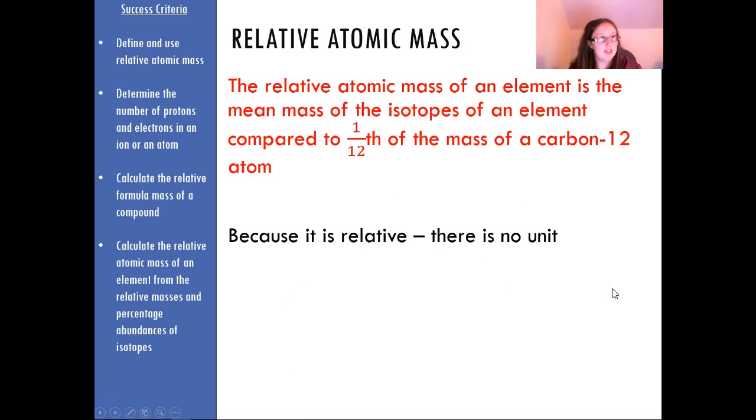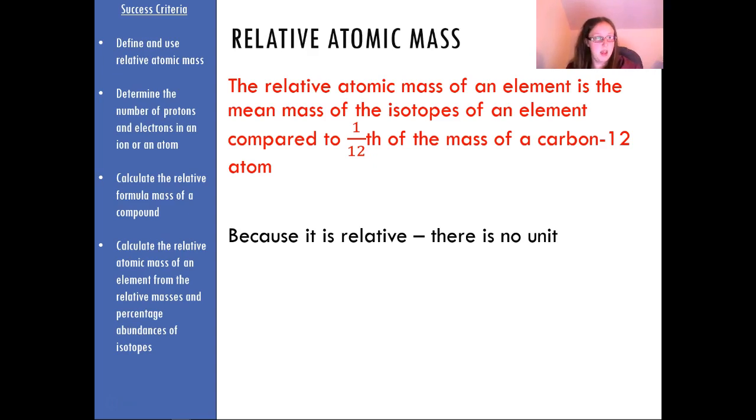Okay, so next thing, this is the first thing on my list actually, relative atomic mass. We need to be able to define this. This is one of those ones you just got to memorize. So the relative atomic mass of an element is the mean mass of the isotopes of an element compared to 1/12 of the mass of a carbon-12 atom. Just memorize it. It's just one of those things you just have to get stuck in your brain and regurgitate